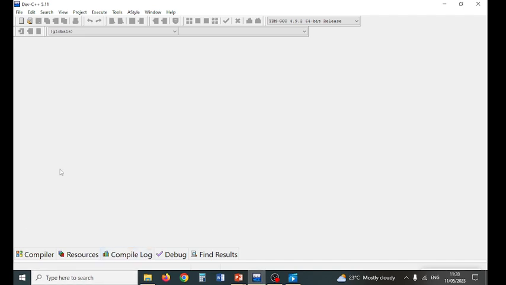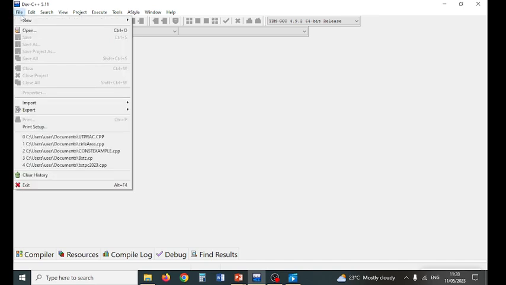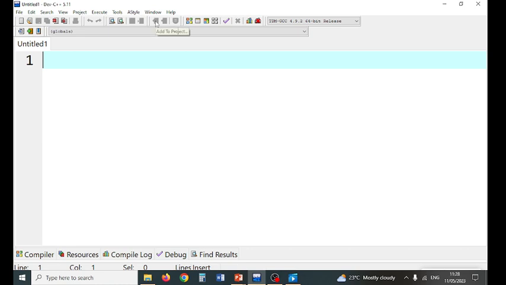To start a file, to start programming, you can click this icon, which is New, or you go to File, then New, then Source File, or the shortcut is Ctrl N. When you get that interface, this is how it looks, and then we start developing our C++ program. This Dev C++ is an IDE that can be used to develop programs for both C and C++